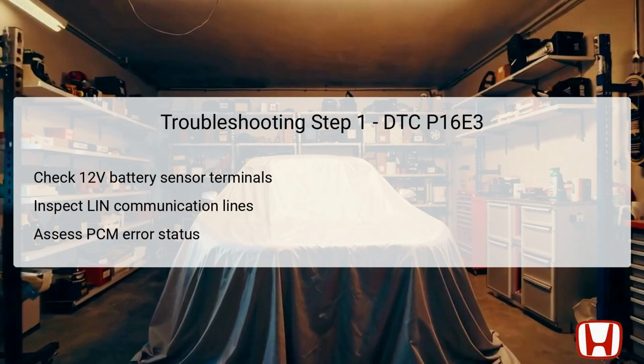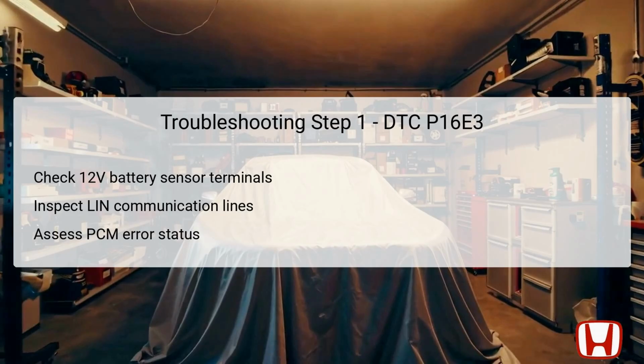This can include checking for frays, shorts, or breaks in the wiring that could interfere with proper data transmission. Finally, assess the PCM's error status by confirming whether any additional diagnostic trouble codes are present alongside P16E3. This comprehensive first step is critical to rule out simple faults that are quick